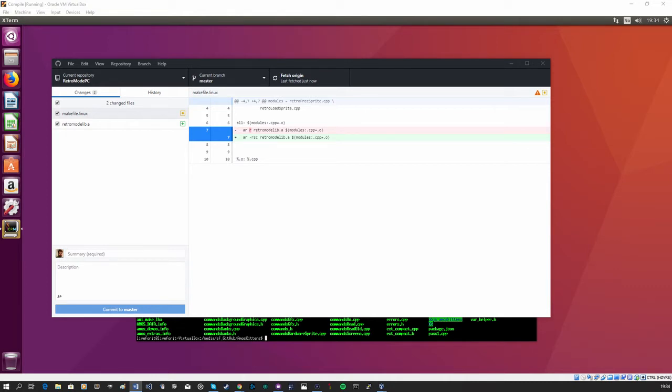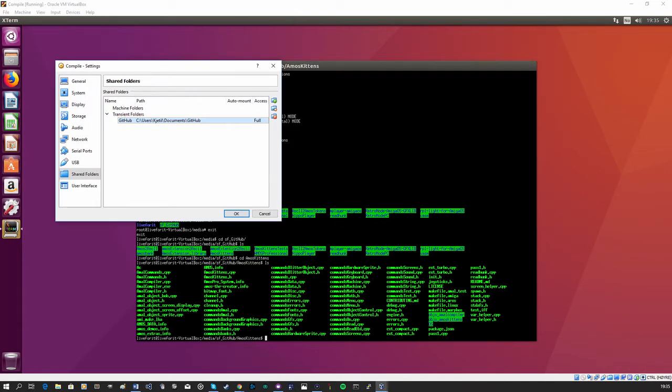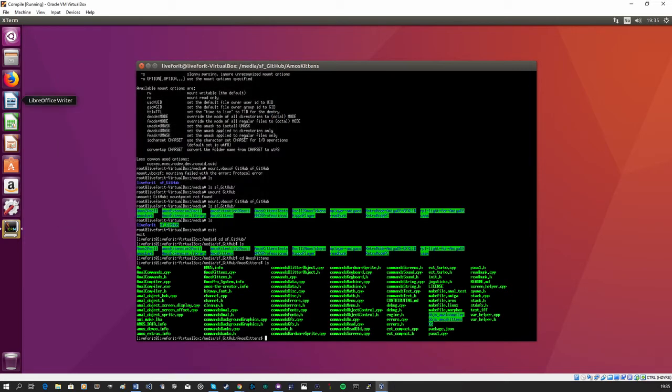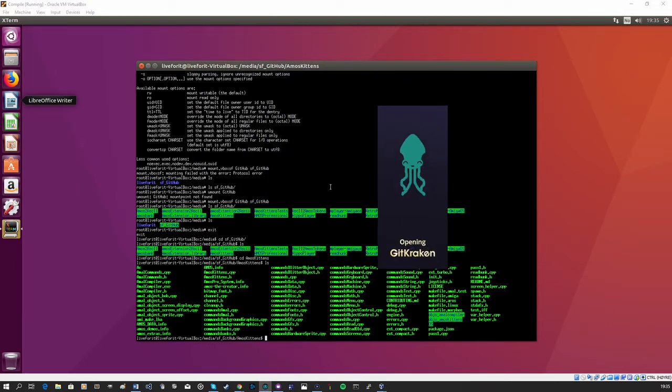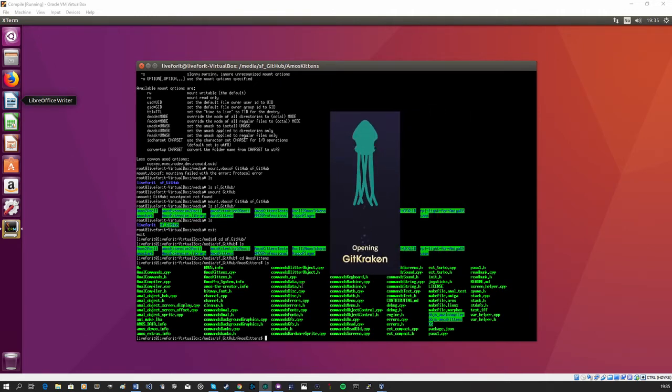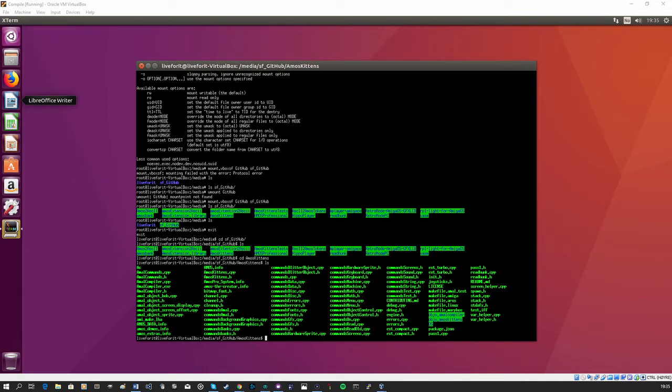So basically, this is RSS one. So I'm not going to commit that right now. And then we have Git Kraken as well, the octopus. It's more a squid maybe. It's a bit slow to start up, but